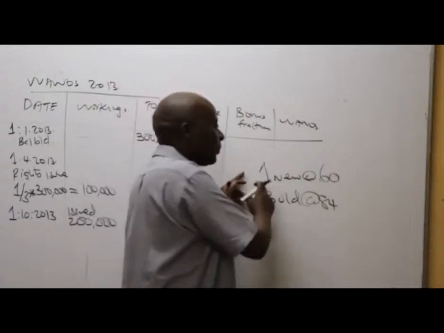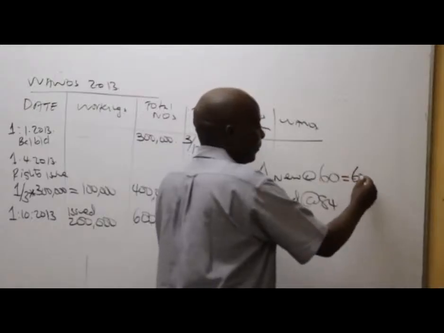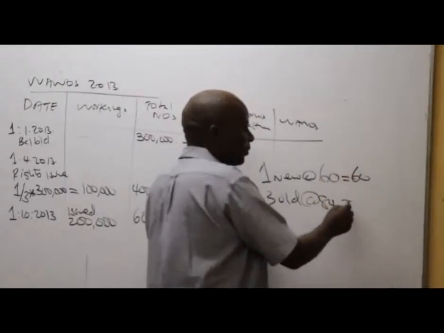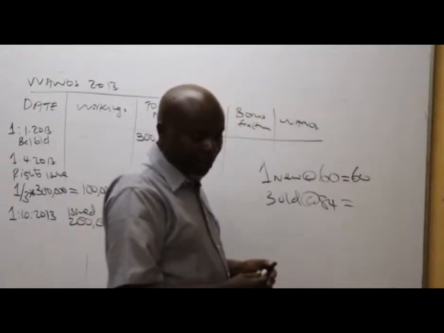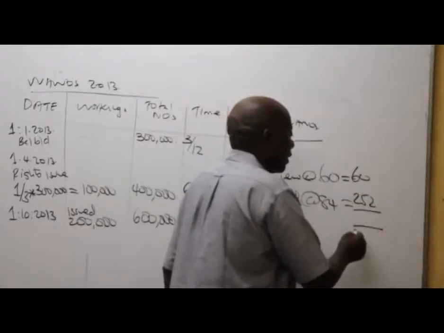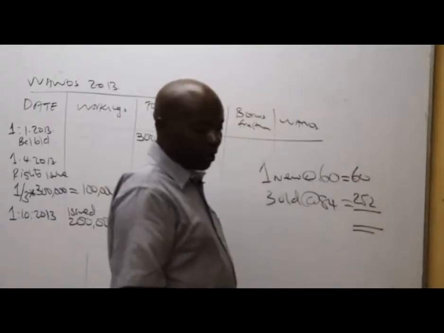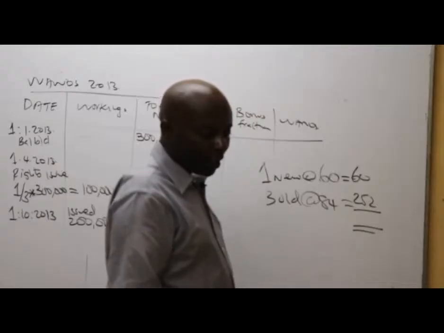So 1 times 60 gives us how much here, somebody? 60. 3 times 84 gives me how much? 252. So ukiongeza zote zinakuja ngapi total value? Total value inakuja 314 ama